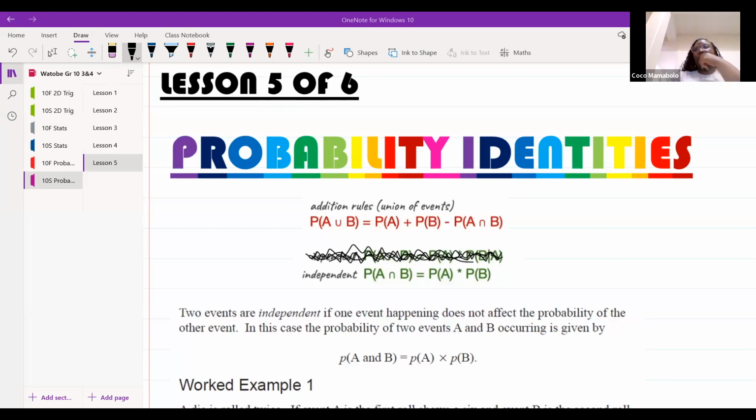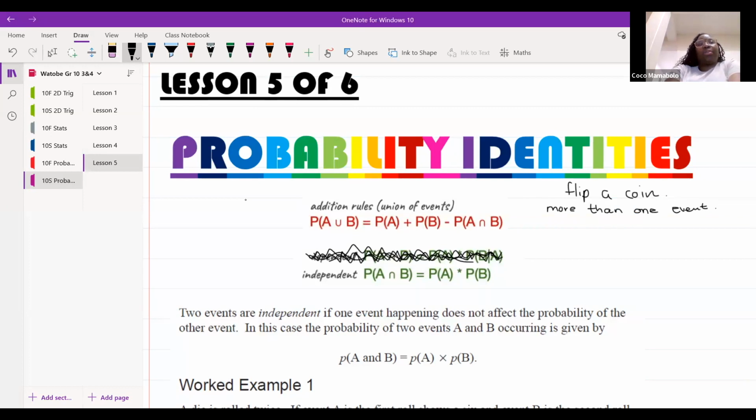Okay, let's do this. I'll give you an example. Let's say, for instance, I flip a coin. Now, the one thing we need to note is that when we are talking about independent and dependent events, it's always more than one event. It's not just one thing happening. There's going to be more than one of them, one after the other.